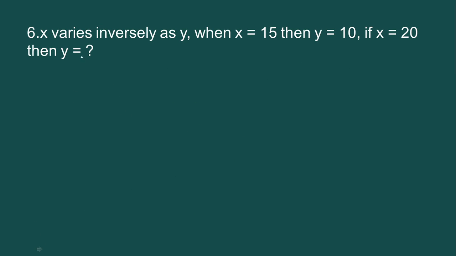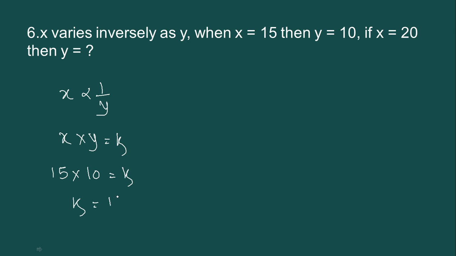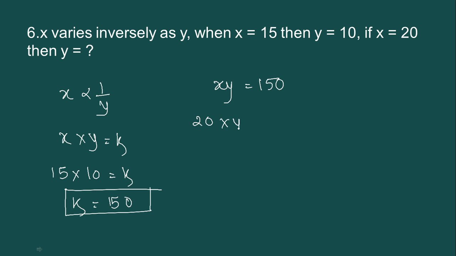Then let's see the last example, children. x varies inversely as y. That means x into y will be equals to a constant. Now when x is 15, y is 10. So what will be the value of k? It will be 150. So we got this one value at least. Insert it into the equation. You will get xy is equals to 150. Now children, when x is 20, we want to find out the value of y. So let's do this. It will be 150 upon 20. 0, 0 went off. y will be 7.5. So when x is 20, y will be 7.5.